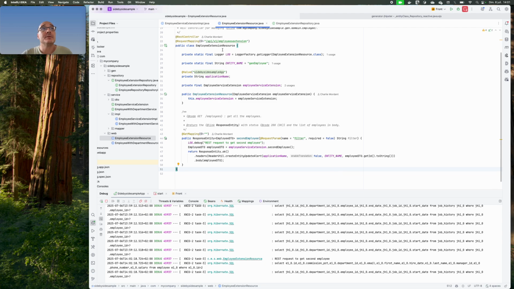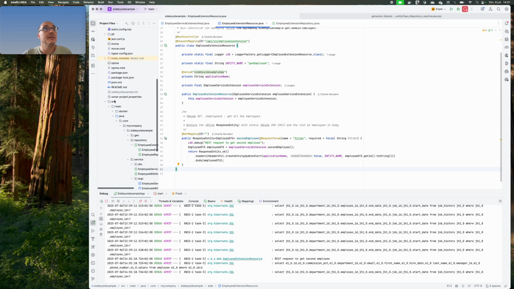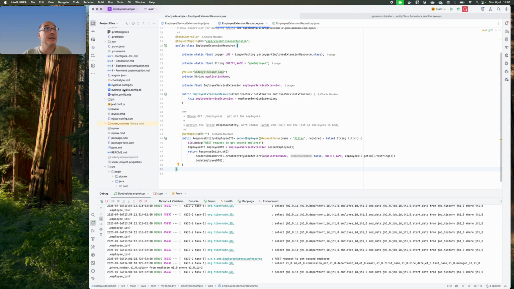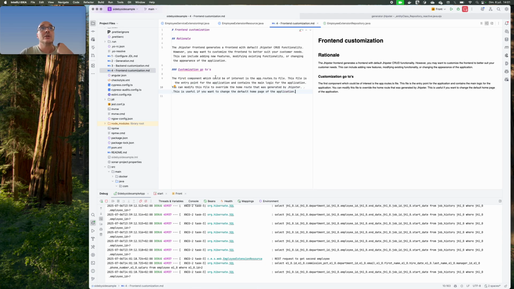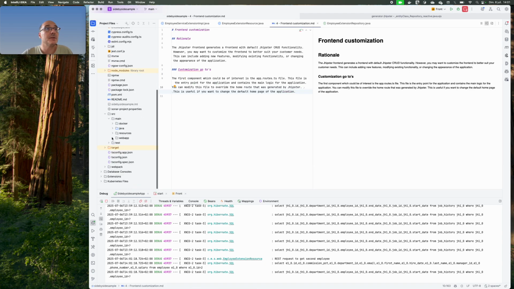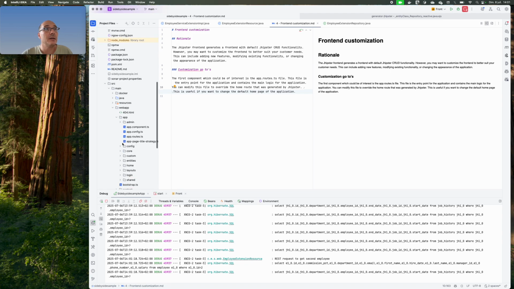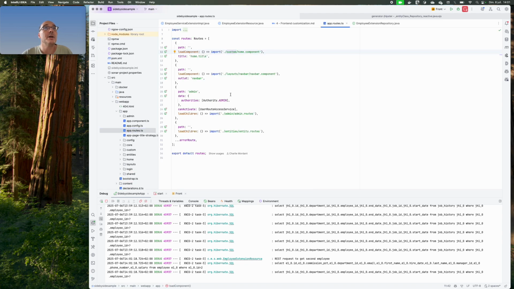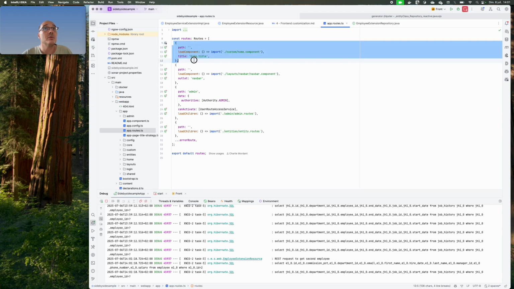Okay, so now that we have seen what we can do on the backend side, we can apply the exact same approach on the front-end side. So on the front-end side, some very interesting files to focus on are the route one. By default, the route is for sure pointing to the JHipster default home page.